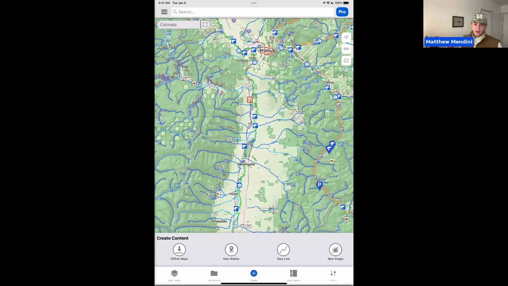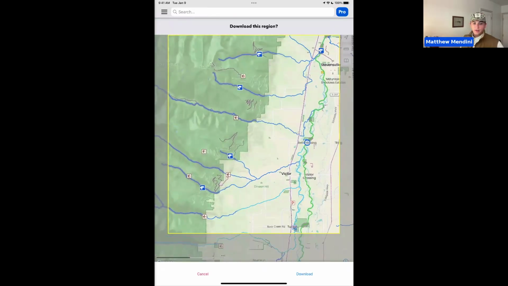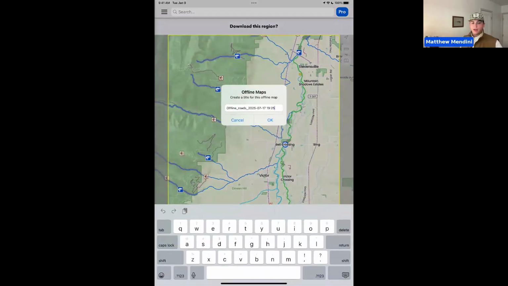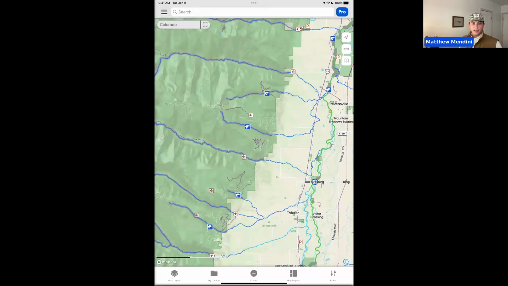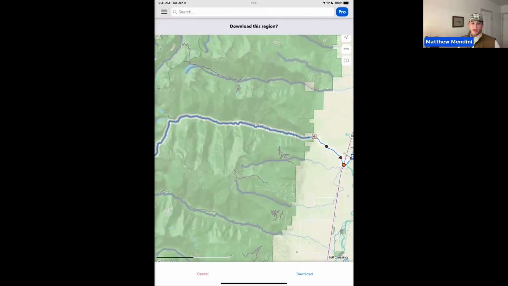So within this custom content and offline maps, you're going to access that using the create button on the very bottom of the screen here. And we're going to jump into offline maps as the first one. With this, we can either select a region and go to download it that way. We can name it, or as Dave asked, how do we save a river? We can go ahead and we can select that river, and you can see we can share bookmark, which will save that river to your My Content and your favorite rivers,